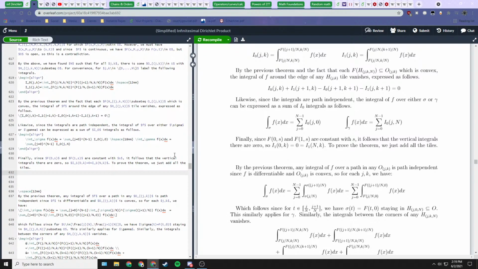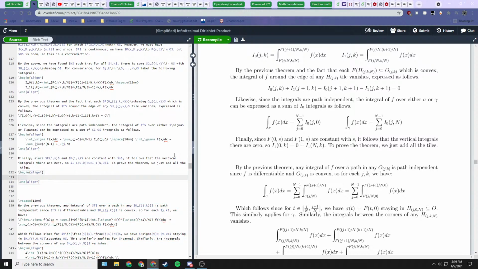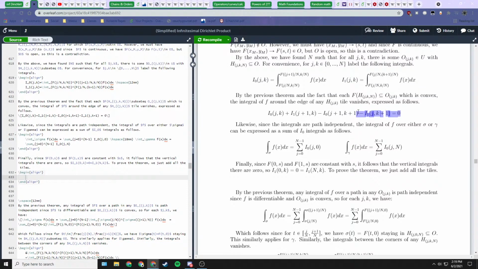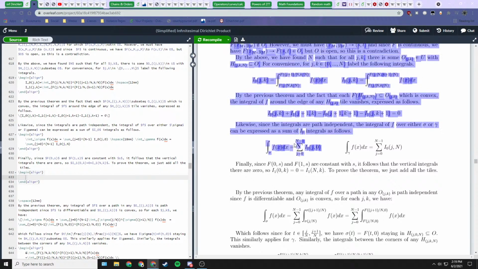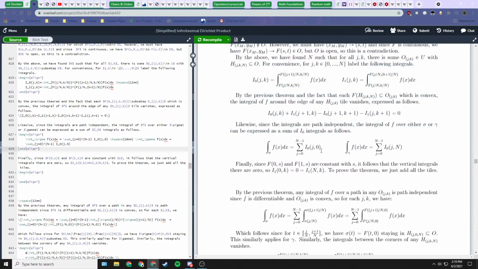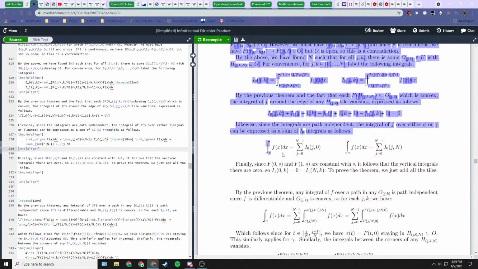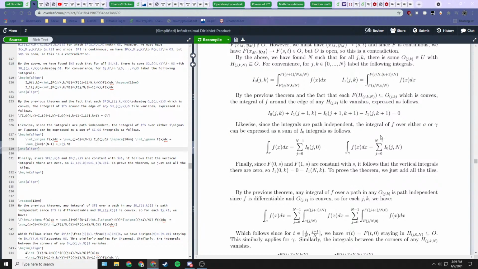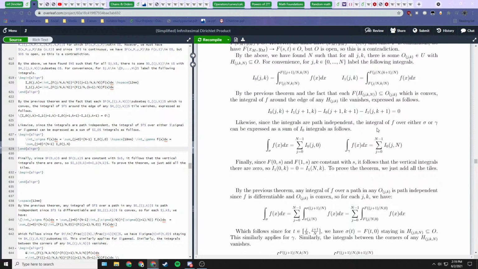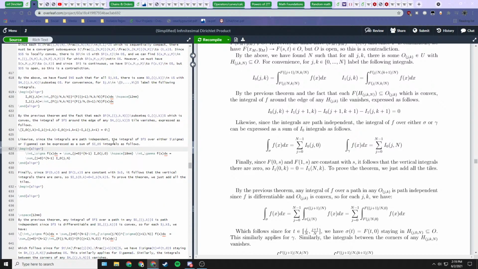Okay, so I think now we just need to add the tiles. So if we go around one of these tiny squares, it's 0. If we go around the path sigma, it's fine enough to just go around these polygonal approximations. This is valid since each one of these polygonal approximations is sort of in these small convex sets, and that's where sigma is staying in. So we should say